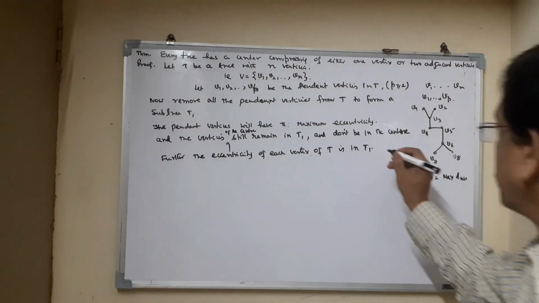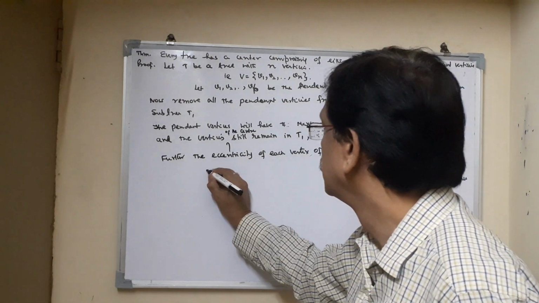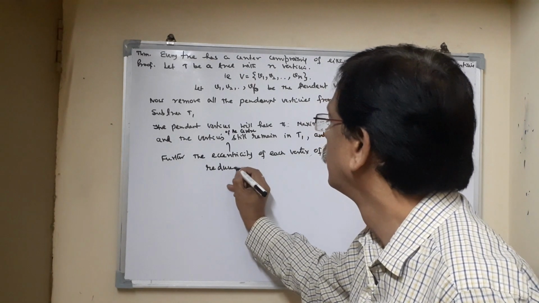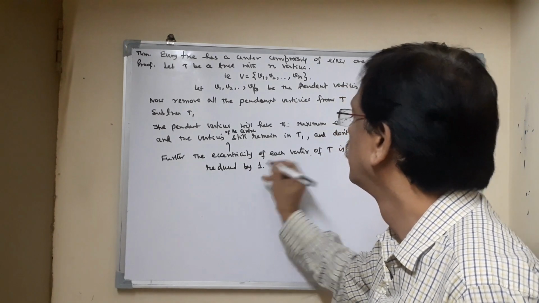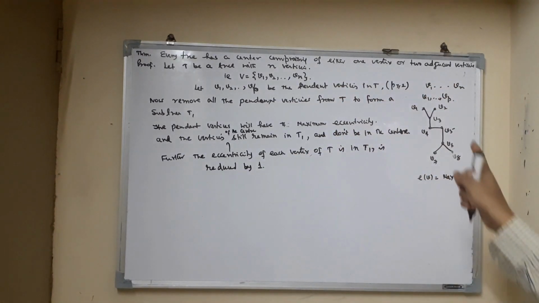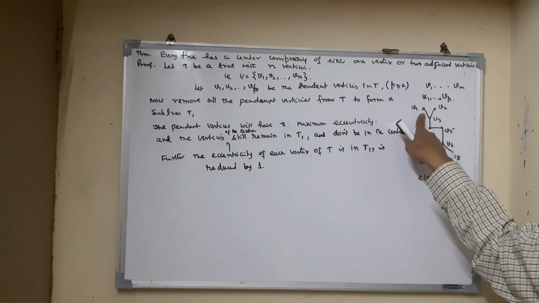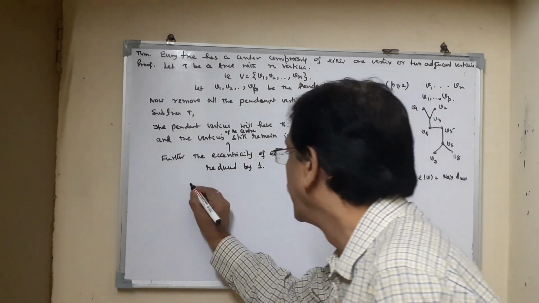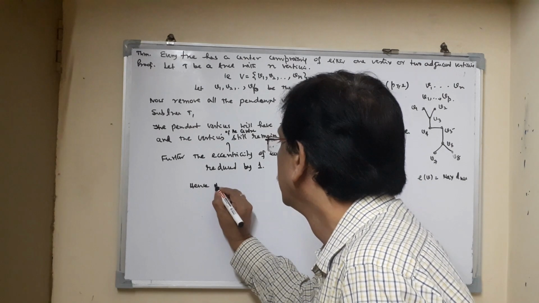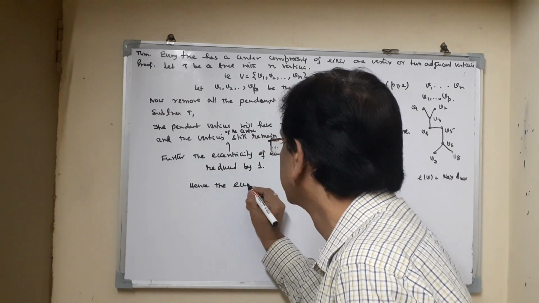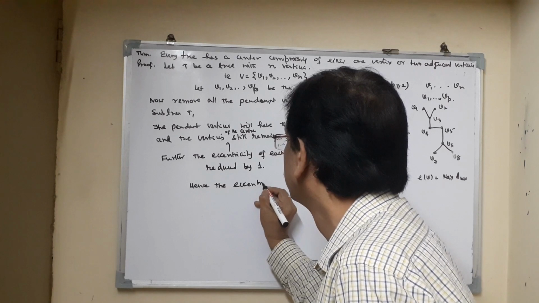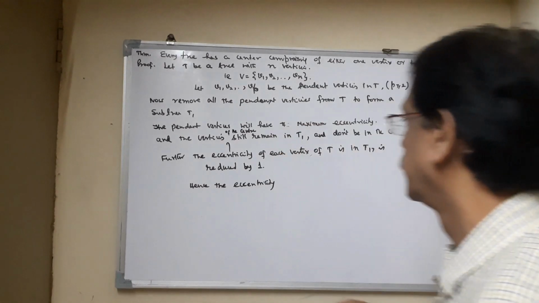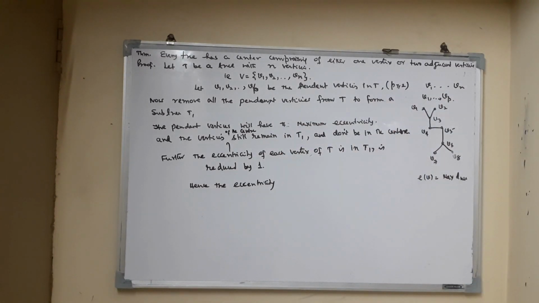is reduced by 1, because I'm removing this V1, so it will be reduced by 1. Hence, the eccentricity of